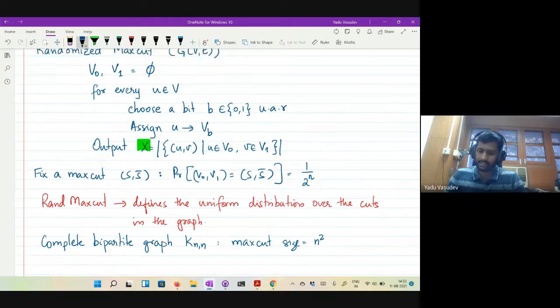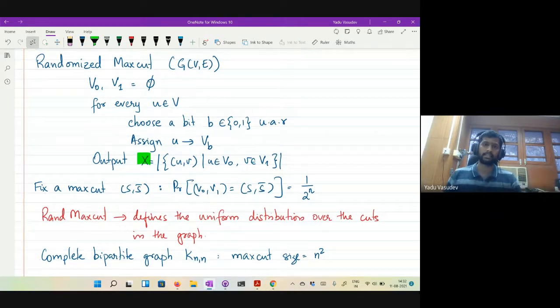And this algorithm that we just saw is defining a uniform distribution over all cuts. So the probability that you will output this cut is highly unlikely. It's just 1 over 2 power 2n in this case, since there are 2n vertices. So it's highly unlikely that you will actually get hold of this cut. So if you want to do a similar analysis to the min cut, then this will give you very bad bounds. This is not exactly going to give you a good algorithm. But that is okay. Anyway, you don't expect to get such good algorithms because we know max cut is NP hard, and you're unlikely to have polytime randomized algorithms also.